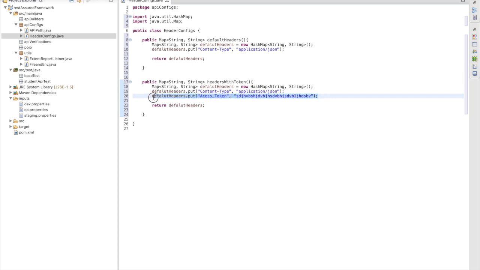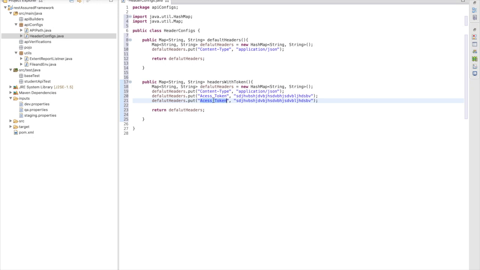Now let's say I am going to consume another parameter. Let's say JWT token, I have to pass some token value here, JWT token or server value or anything, or tenant key.